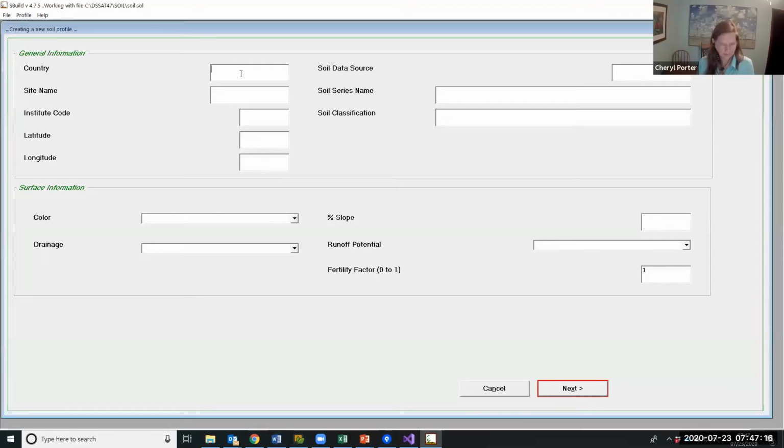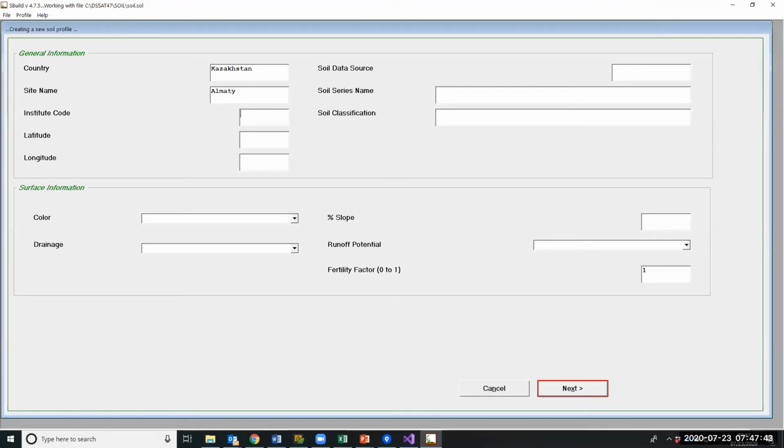So you can enter your information. И вы сюда можете ввести все необходимое, то есть ввести ваши именно данные. So I'm just going to make up some information here for the example. So I'm going to give it the country of Kazakhstan. I'm going to give it a site name of Almaty. И я так из головы такие придуманные данные сюда ввожу. Вот страна Казахстан, Алматы. And again, you can navigate by hitting the tab key or by clicking with your mouse